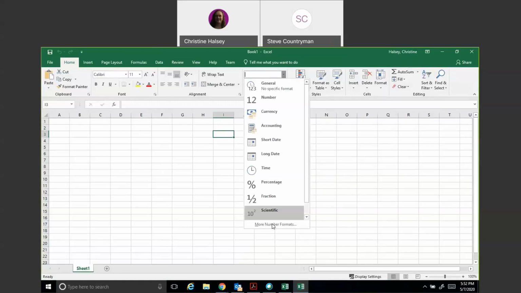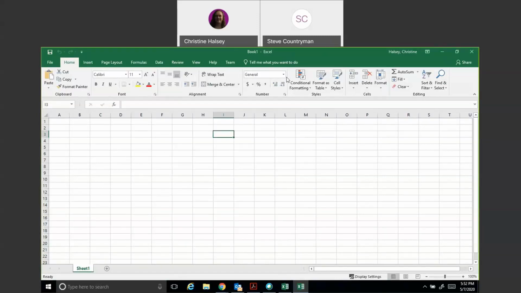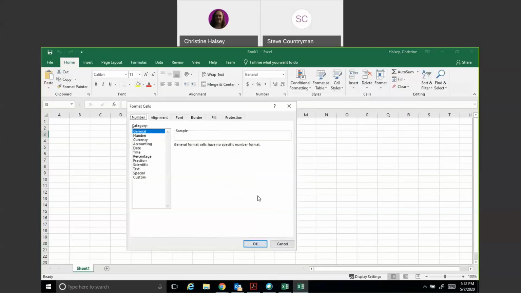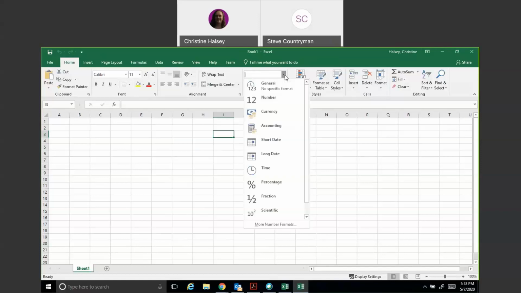Okay, so when I do, under that, in that window where you hit general or number or currency, if you go all the way to the bottom where it says more number formats, hold on a sec. Is that from format cells, right? Right. So I go to number, and then,